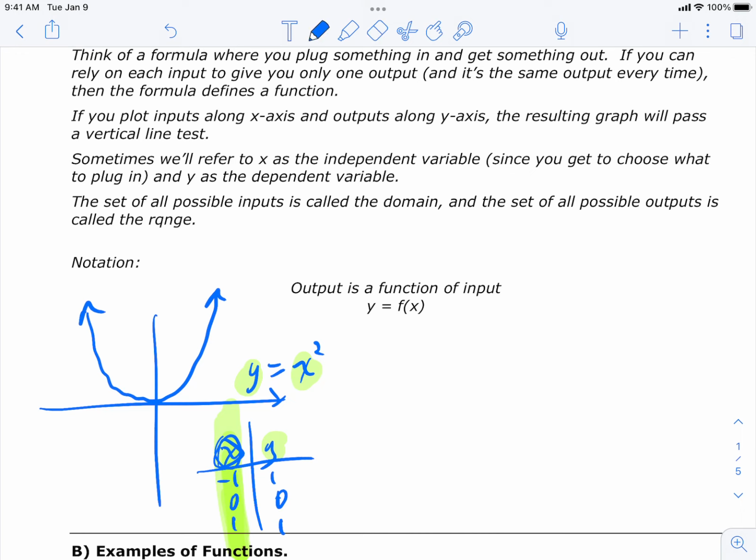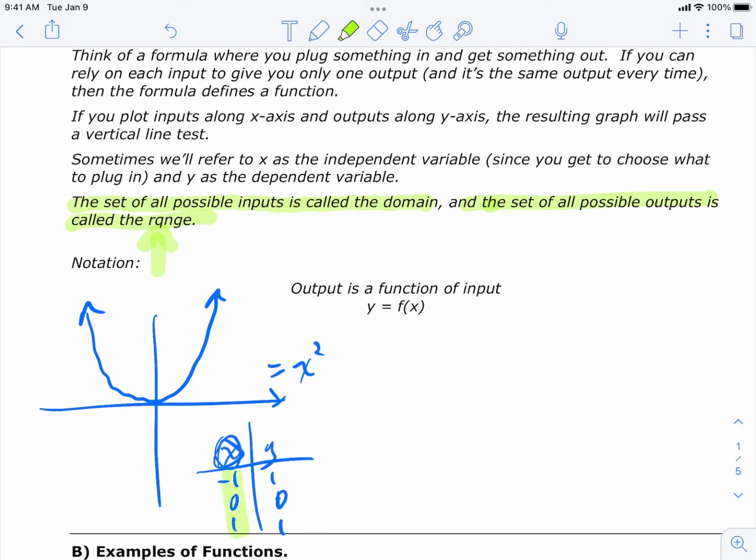And then one more final note here. The set of all possible inputs is called the domain. The set of all possible outputs is called the range. Hey, nice typo I just found. The range. So anyway, domain and range are words you're going to hear a lot, so you want to know what those mean too. So domain, let me see here. Try to erase just the green parts if I can. Cool. The domain would be,